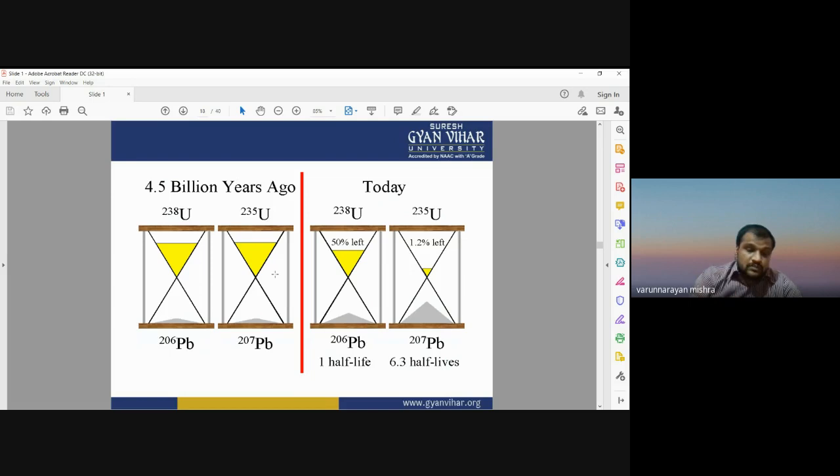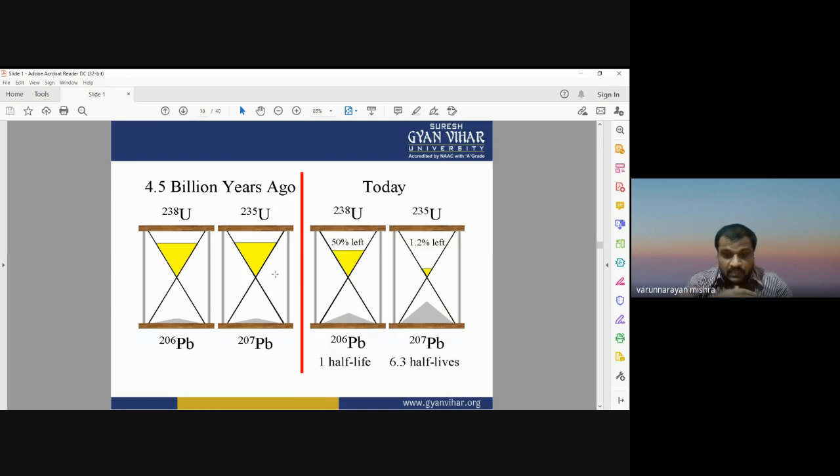This concept is very important to get information about old rocks or any kind of fossils. It also tells you about the geological time scale of any element, fossil, or structure. It may be a rock, it may be fossils, it may be any kind of underground structure. Okay, so this is the way we use the conversion of the element into another isotope.